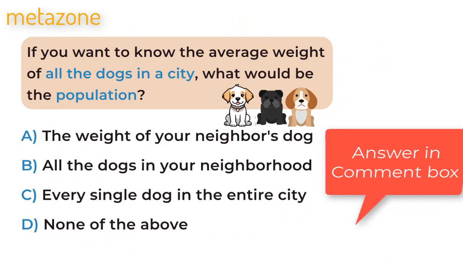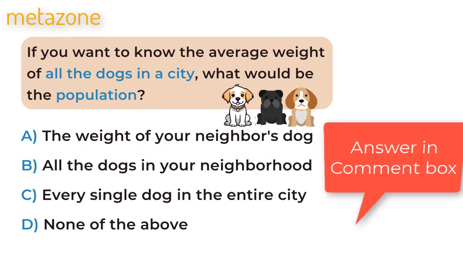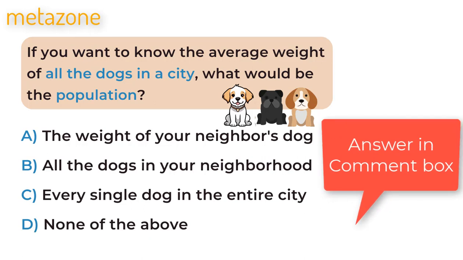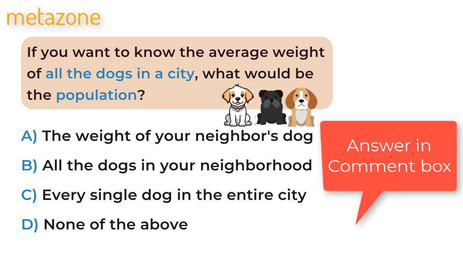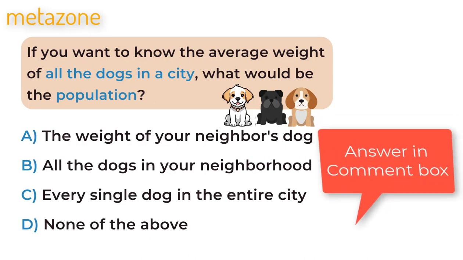If you want to know the average weight of all the dogs in a city, what would be the population? A. The weight of your neighbor's dog. B. All the dogs in your neighborhood. C. Every single dog in the entire city. D. None of